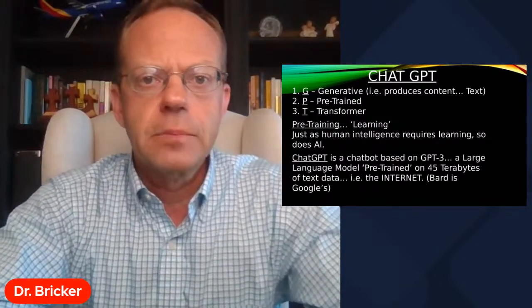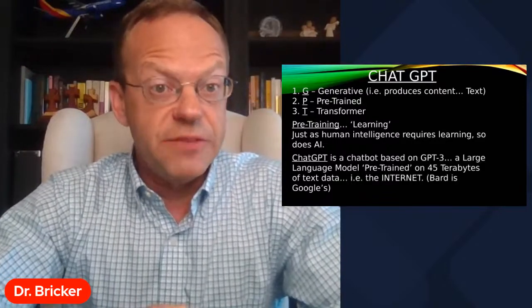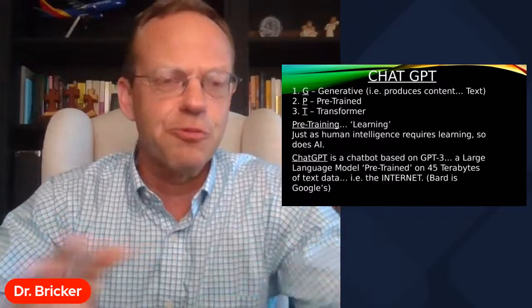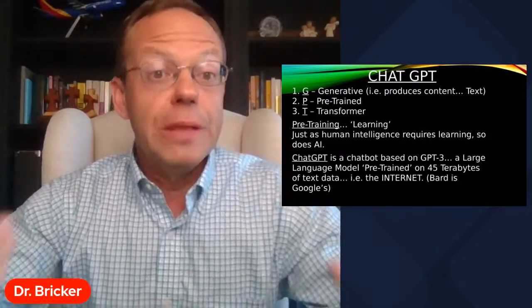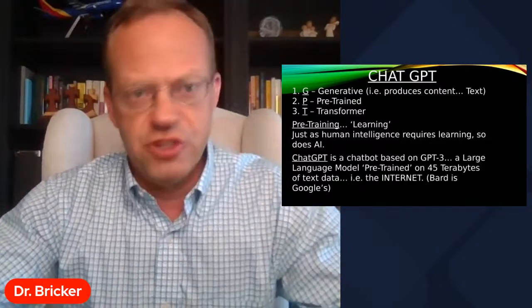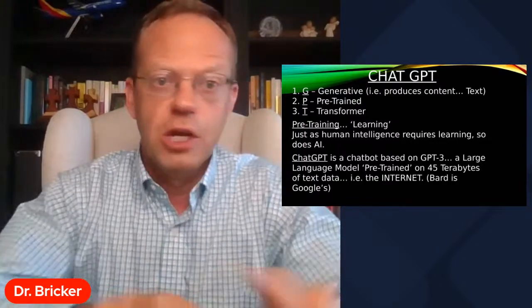Now, because ChatGPT is all the rage, we need to specifically talk about ChatGPT. GPT are not just 3 random letters at the end. They have specific meaning. They're an acronym, right? So now you know that the G in GPT stands for generative because ChatGPT is generative AI. It produces content. In the case of ChatGPT, it produces text. You type in a prompt and it gives you a text response.